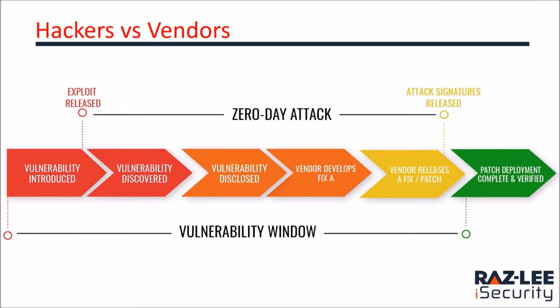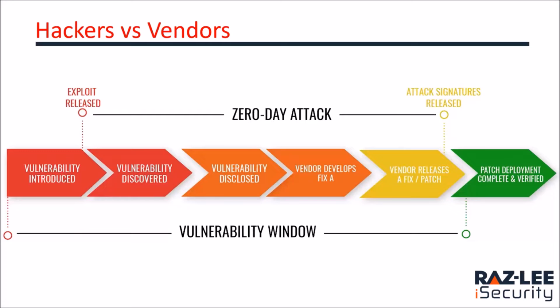If it's discovered by a hacker, then he has enough time until the patch is deployed, completed and verified, because the vendor has to discover the vulnerability and disclose it, make the fix, release the patch, and verify it. So this time between the